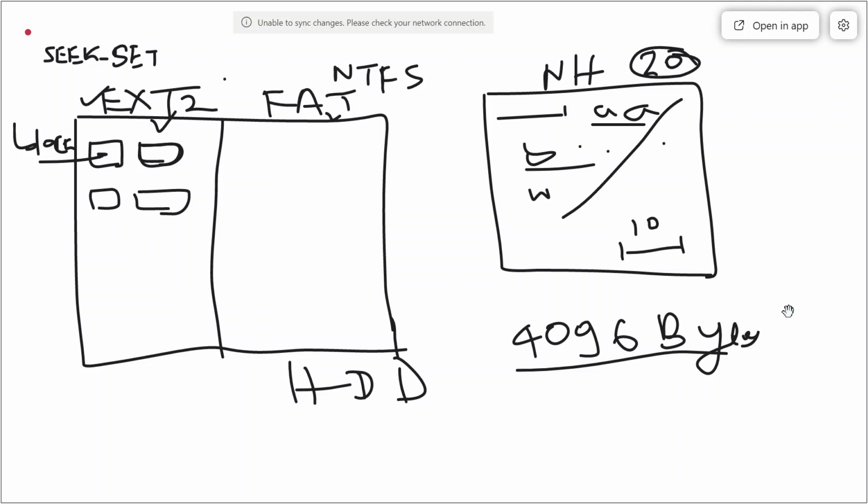Okay. Now what is happening? Even if you have to store a small amount, if you are creating a file, and even if you are not storing anything, it will at least occupy some blocks. Now one may ask, sir, why do you require some blocks? Because a file must consist of two things: one is data and the other one is metadata.